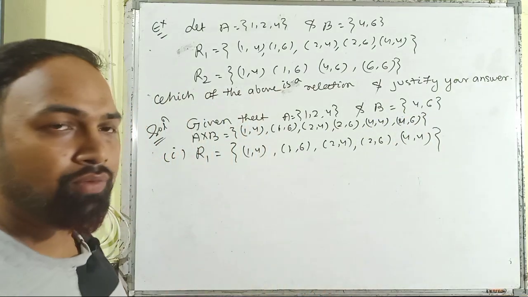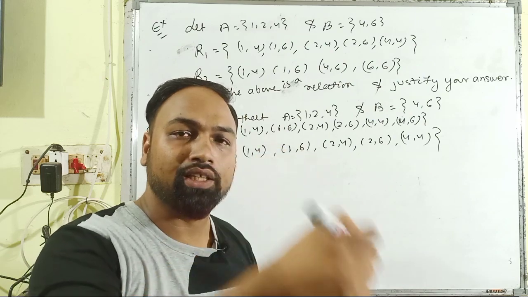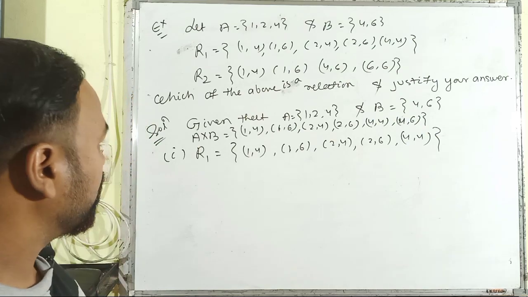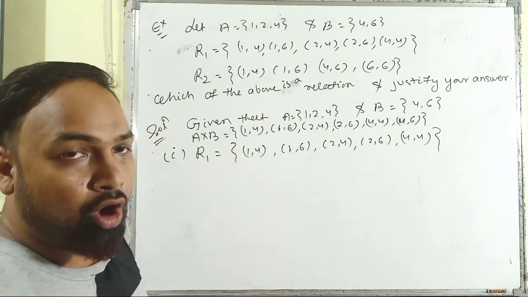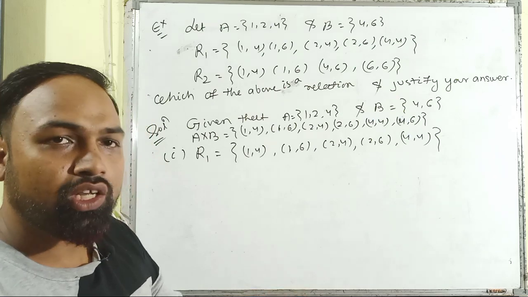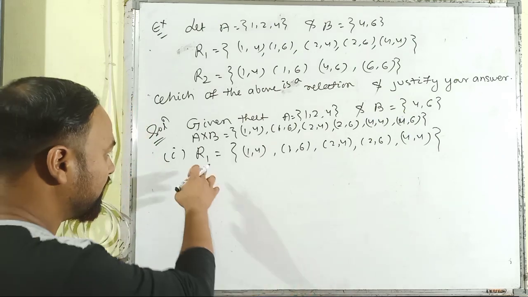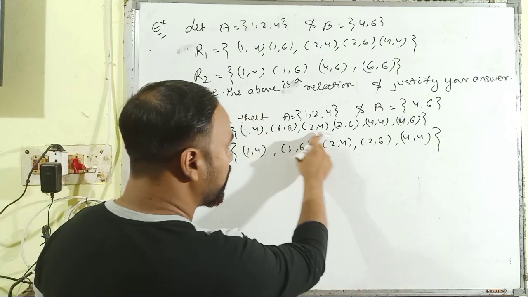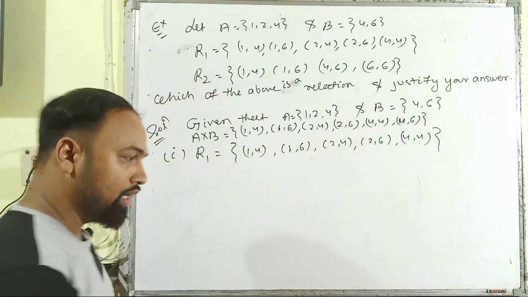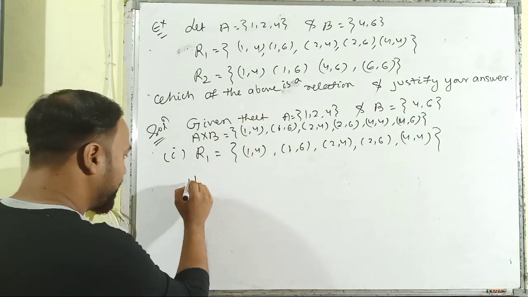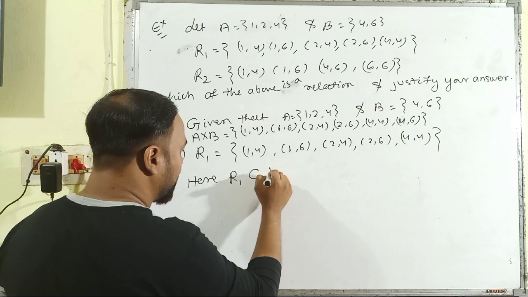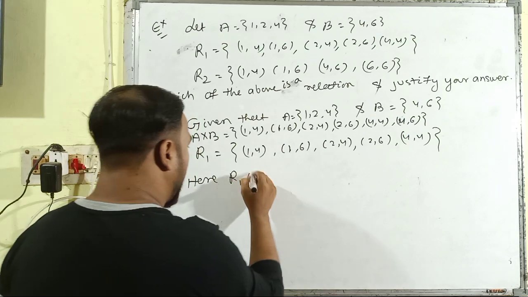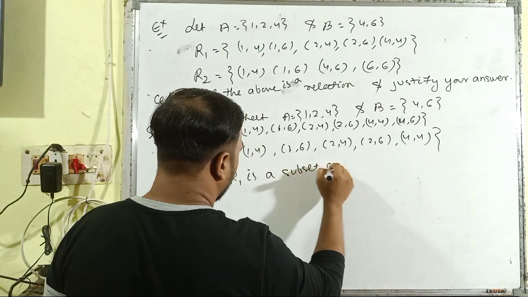Because from the fundamental part of relation we got to know that every relation is a subset of the Cartesian product before going to the exact definition. So by assuming that statement, every relation is a subset of the Cartesian product, is this R1 set a subset of A cross B? Yes, because (1, 4) is here, (1, 6) is here, (2, 4) here, (2, 6) here, (4, 4) is also here. That means here R1 is a subset of A cross B. Or in a sentence you can also write R1 is a subset of A cross B.